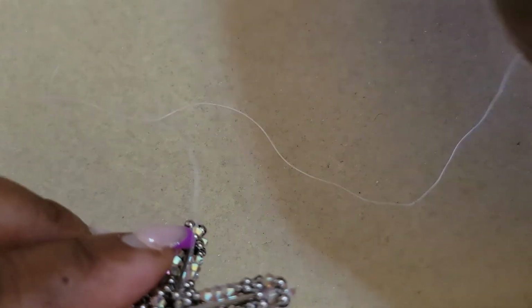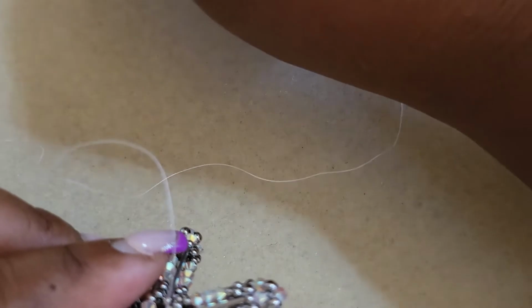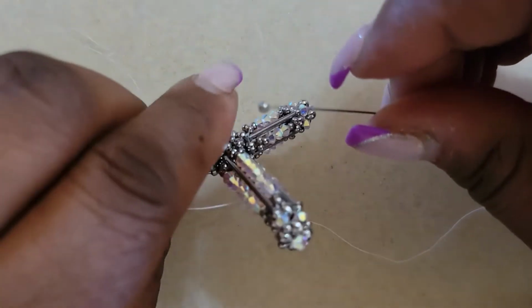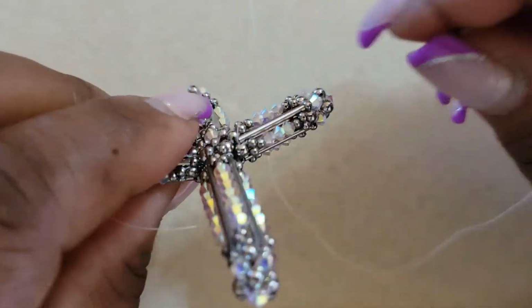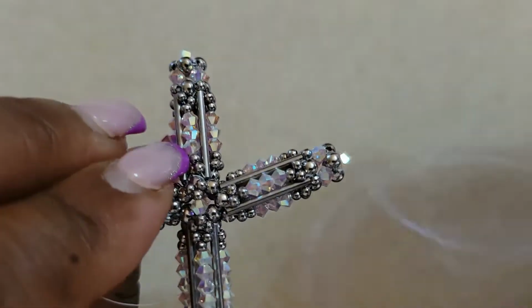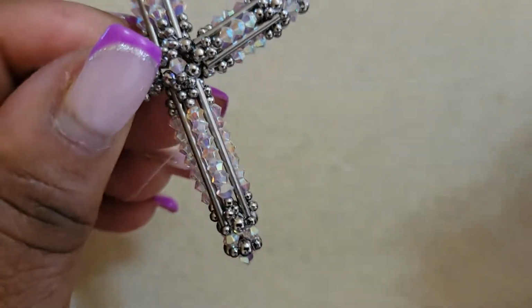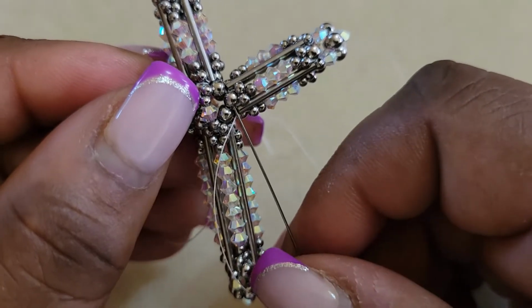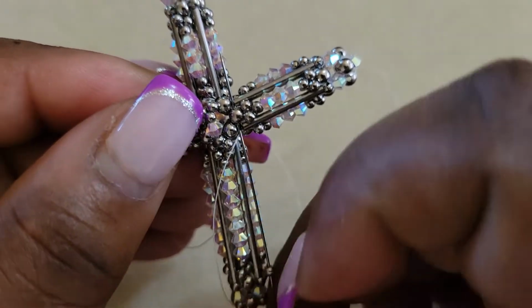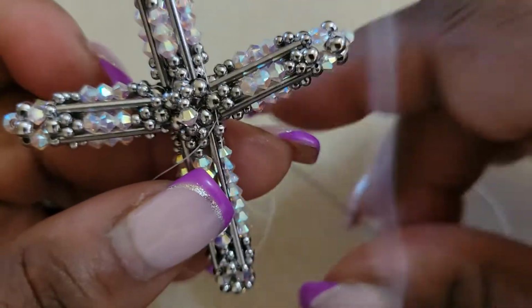Now I'm stringing on another 2mm, and there you go. And I'm going to turn my work 90 degrees. And you see the next 3mm bead in line right here. I'm going to pass my needle into there and pull the thread,